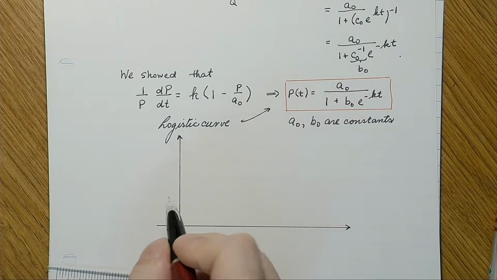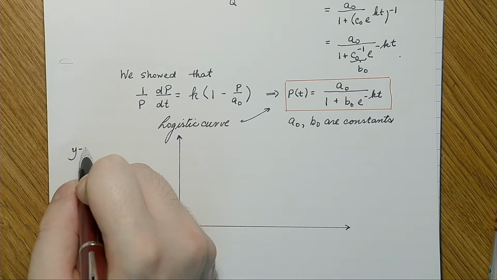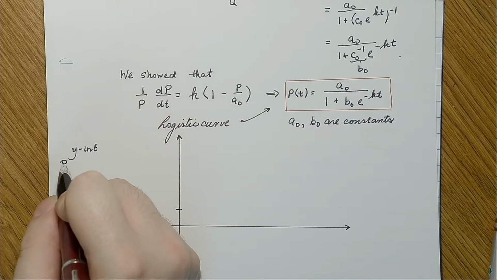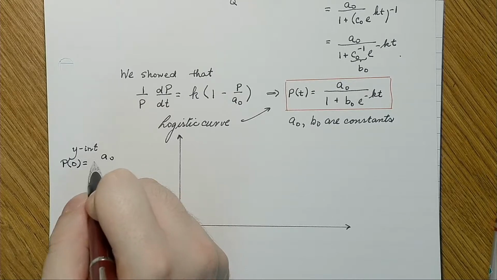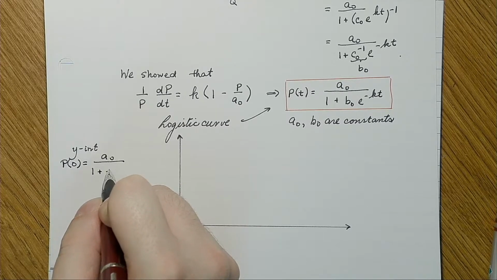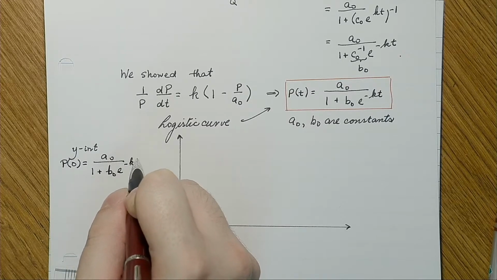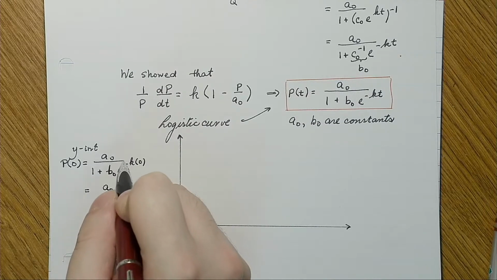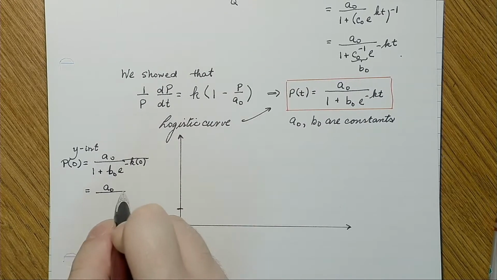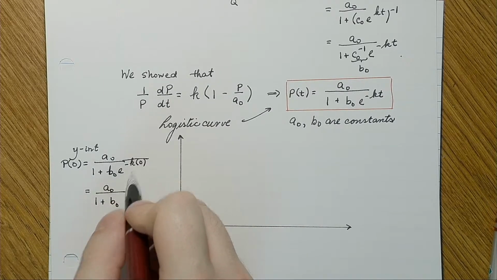So the first thing to know is that the y-intercept, that's when t is 0. So in that case, I have a naught over 1 plus b naught e to the minus k times 0. And we know that e to the 0,